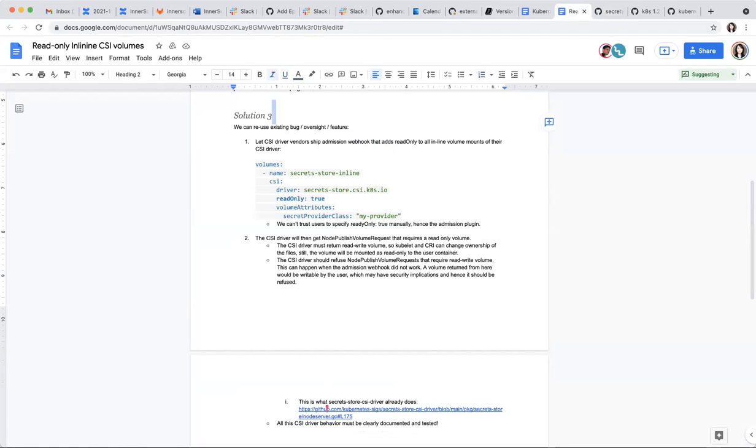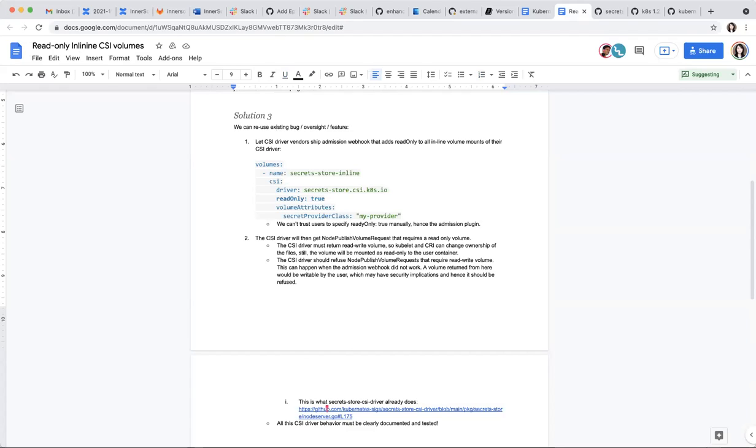You think this scenario is only useful for inline volumes, not other volumes? Yes. If it is persistent, then a read-only volume should probably stay read-only all the way. Good question. In-tree in Kubernetes, we use the same thing for secrets.